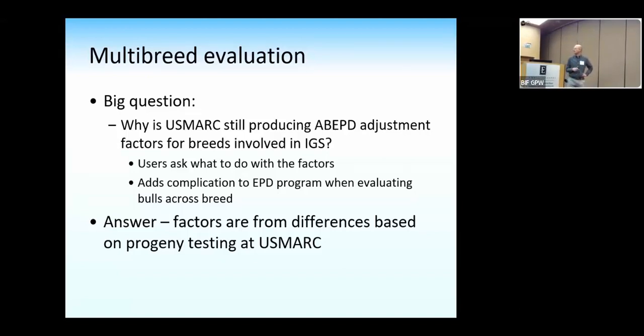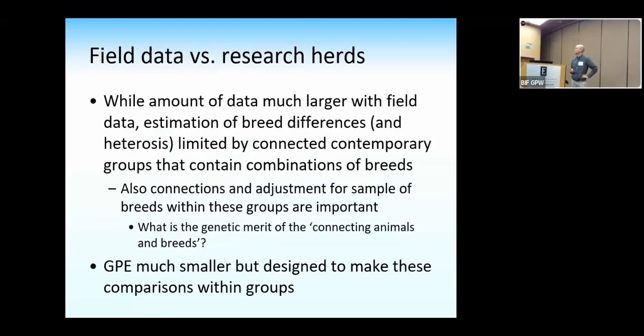And the simple answer is that part of this is just that the factors are not quite the same in what we get as what we see in multi-breed right now, and we want to see if we can do better. So one objective of this is to try to make sure we can match that multi-breed a little bit better and try to give people one solution instead of two.